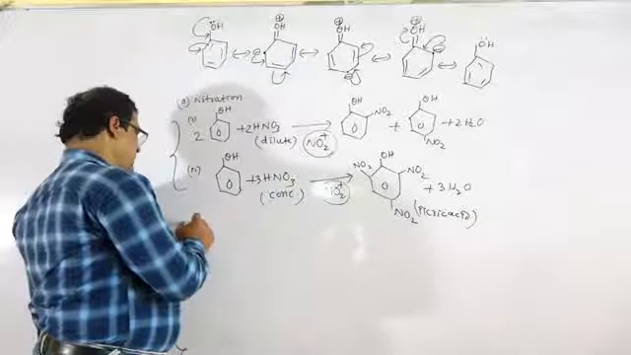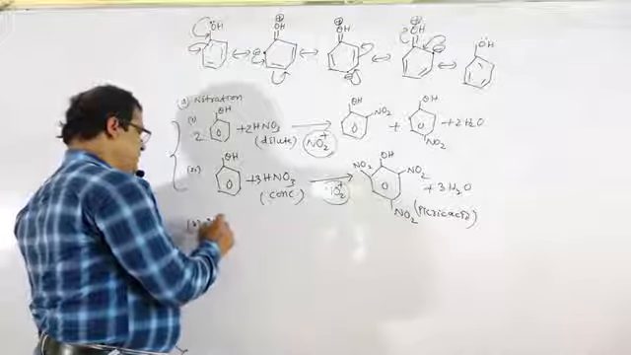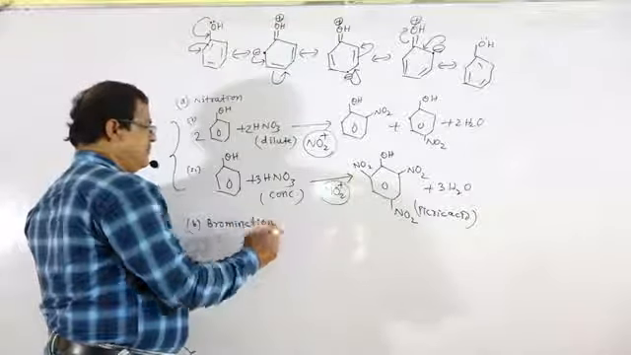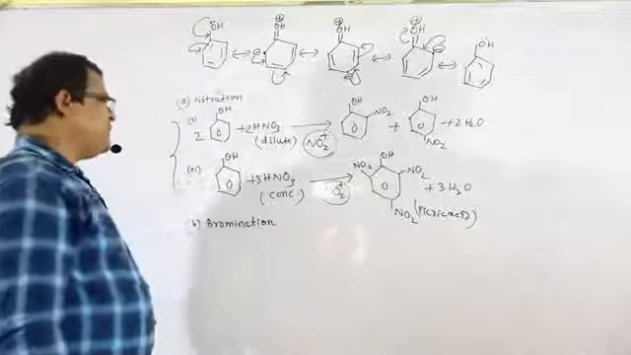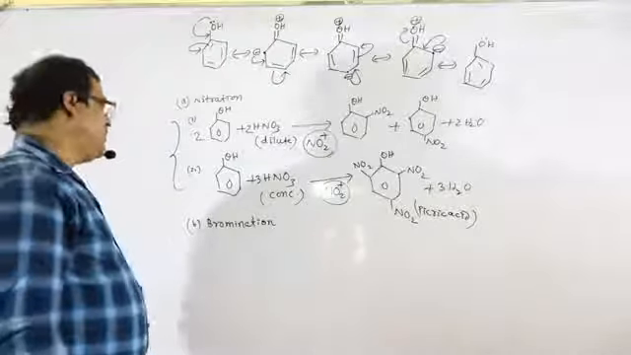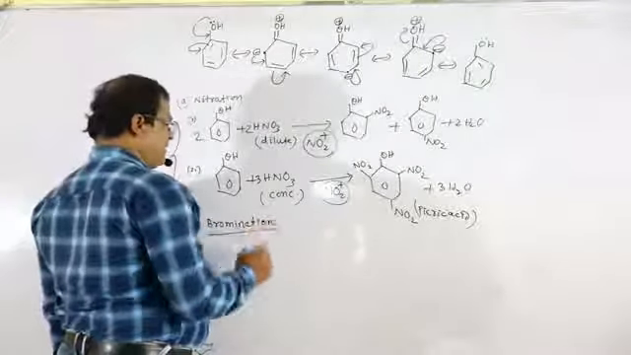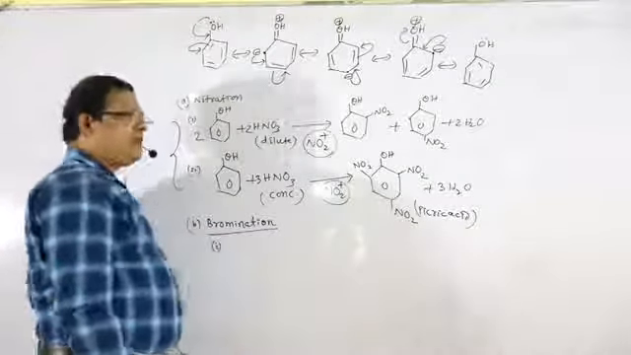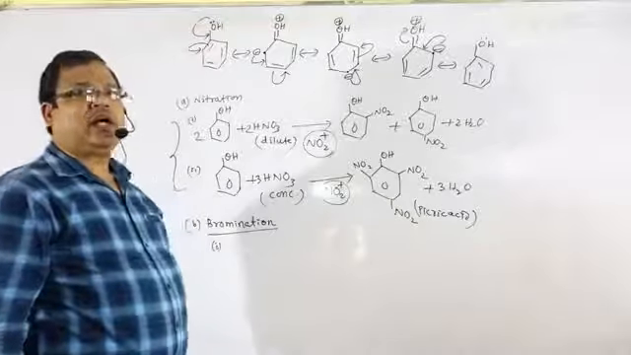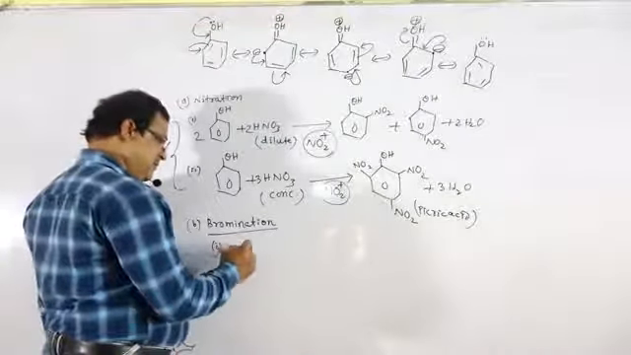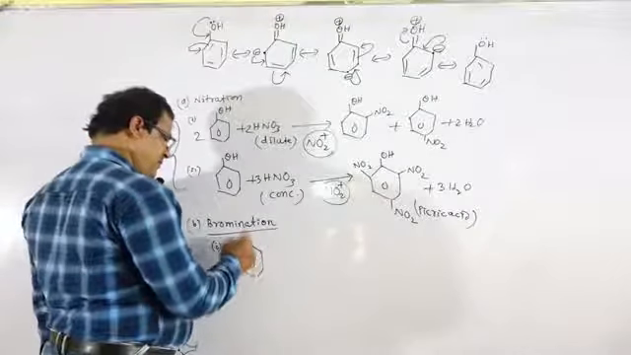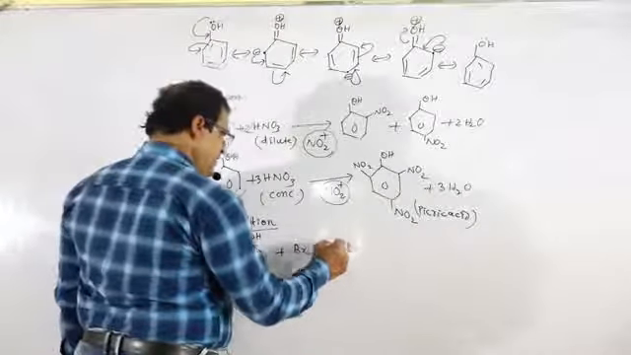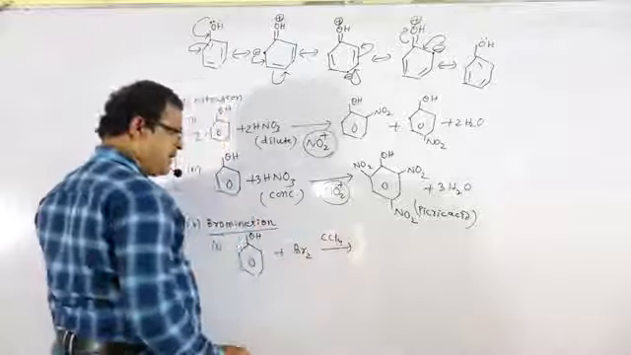Next we'll explain the bromination reaction, the bromination of phenol. Again, that can be explained whether we have taken it in aqueous medium or in non-aqueous medium. So phenol that has been treated with bromine in presence of CCl4, carbon tetrachloride,